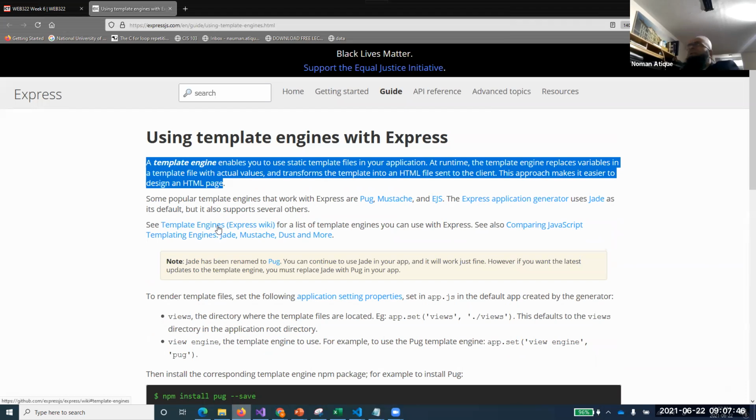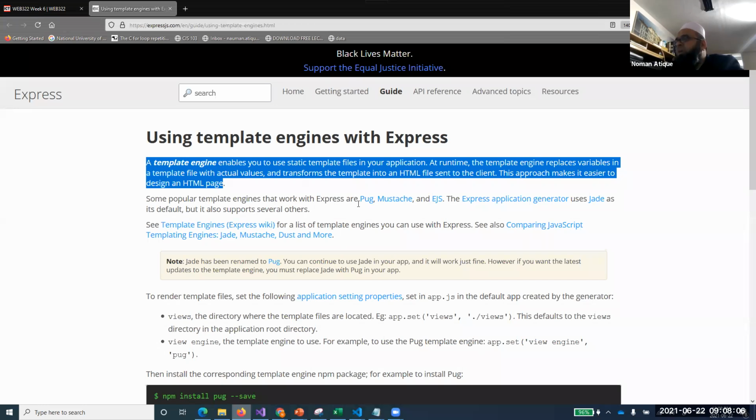A template has the same meaning as we see template in our real lives: a file that has been defined as a structural representation, and you just bring the data, plug it into the template, and run and execute that.